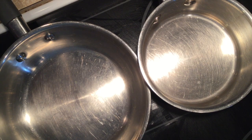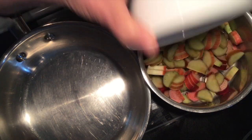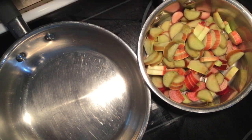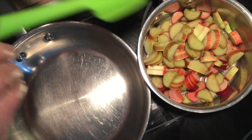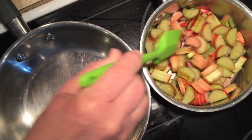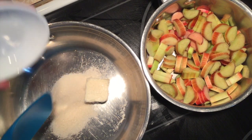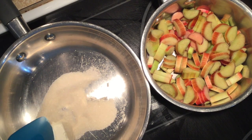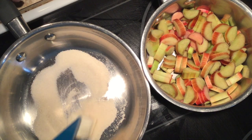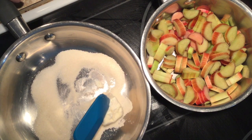Now it's time to come to the stove and start cooking the rhubarb. You can start with a high temperature, but be prepared to lower it pretty quickly. We just want to start bringing out the liquid from that rhubarb. While that's cooking, I'm going to start the ginger crumble. I'm putting in the vegan butter and some sugar. This butter and sugar mixture will come to a boil, and then we will be coating the ginger snaps and